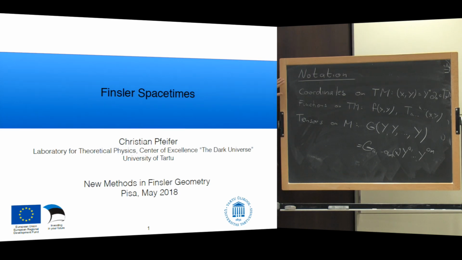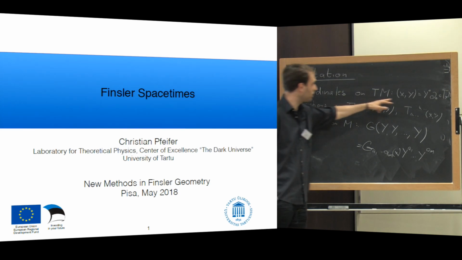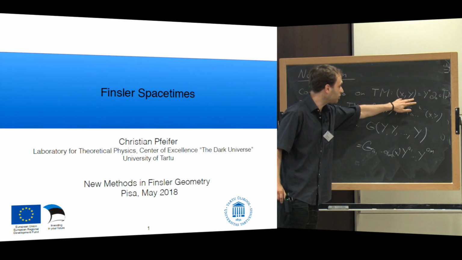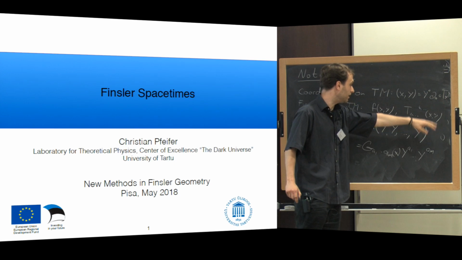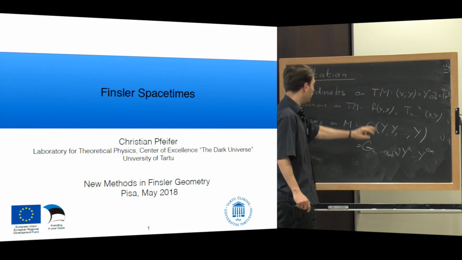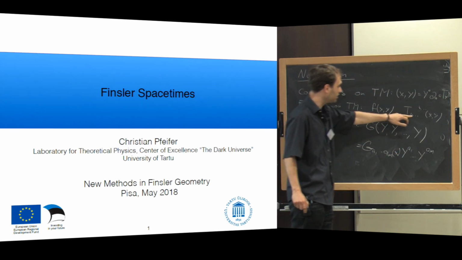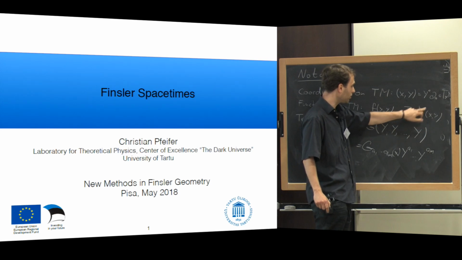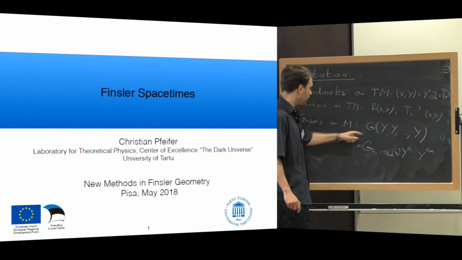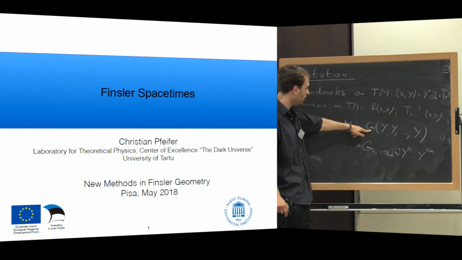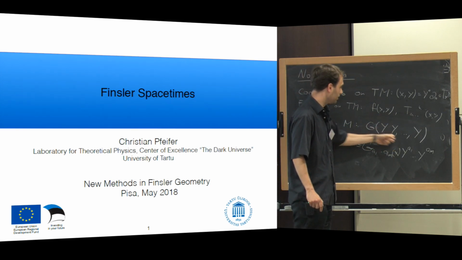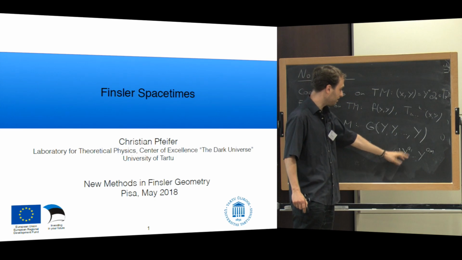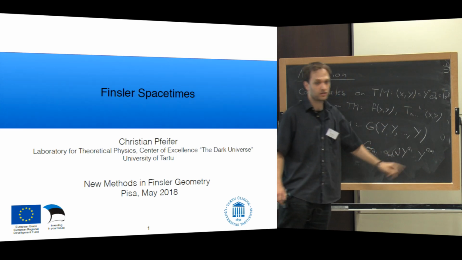And here just a short comment on my notation. So I will use on the tangent bundle coordinates x, y, where such a tuple represents a vector with components y in the tangent space of M at x. We will encounter functions on the tangent bundle and tensors on the tangent bundle, so tensor components on the tangent bundle. And if you see such an object, that is a tensor on space-time where we insert m times, if it's a 0m tensor, such a tangent vector.